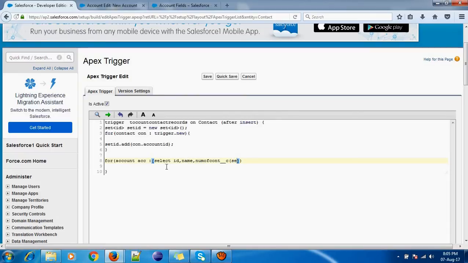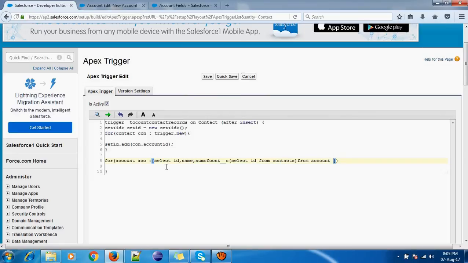So select ID from contacts and from account.